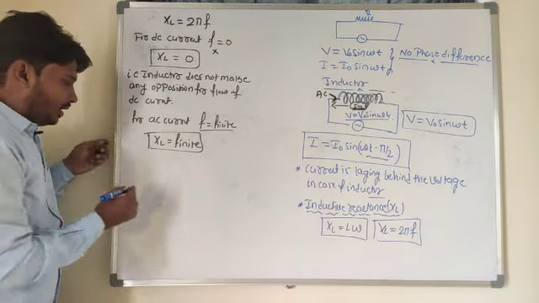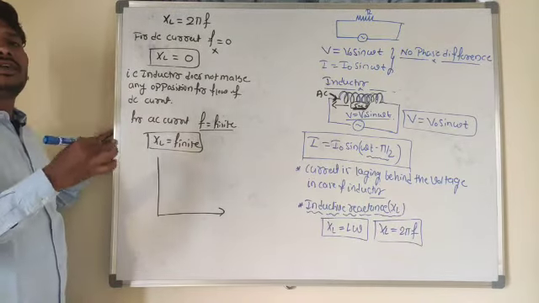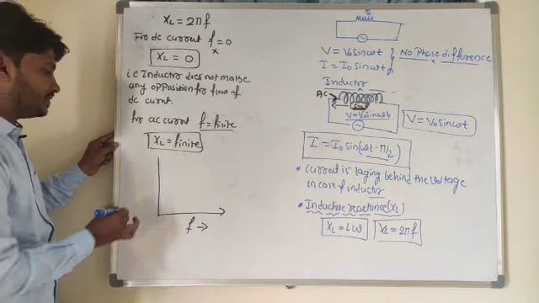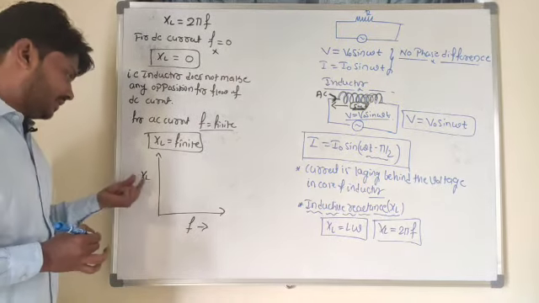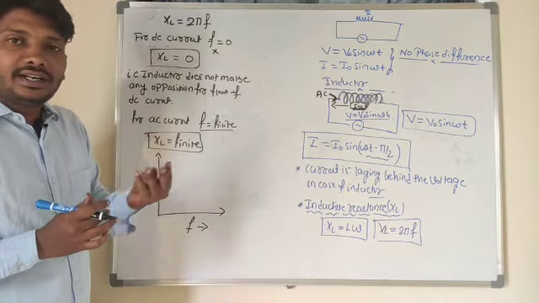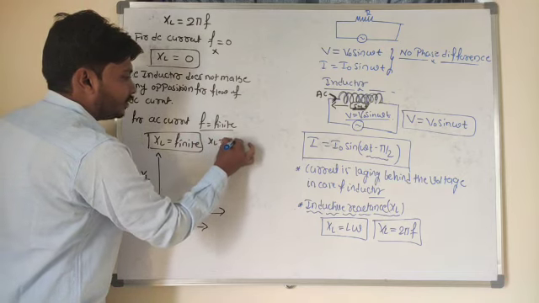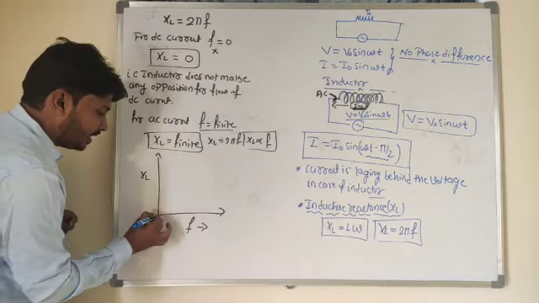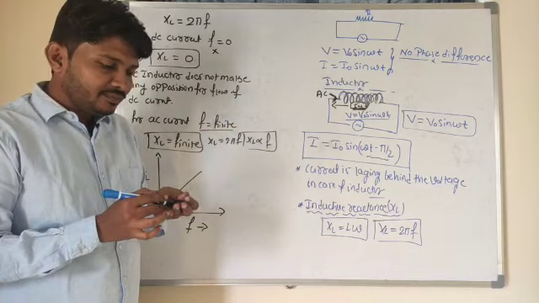Now I can understand this by the graphical method. As the frequency of the AC current increases, along the x-axis I take the frequency and along the y-axis I take the inductive reactance. So frequency versus inductive reactance. As the frequency increases, what about the inductive reactance? Both are directly proportional. X of L is equal to 2 pi F, so X of L is directly proportional to F, which means I will get a linear graph. So these are all the details related to the inductor.